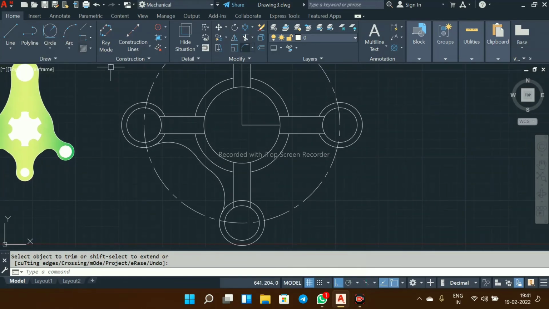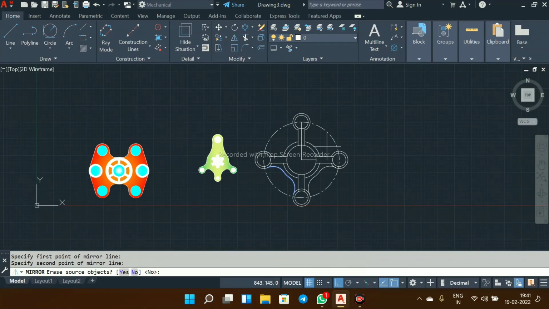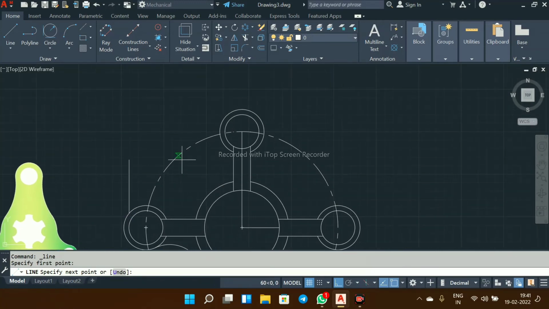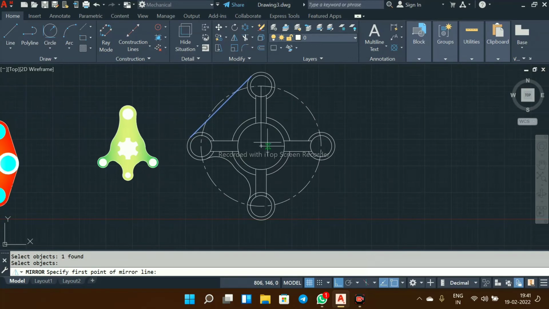Now go to here mirror command, select this objects and select this point and this point. Now only one thing is remaining, that is line command. Select your line and close this boundary like this and go to mirror. Right click, select this point and up to this line.